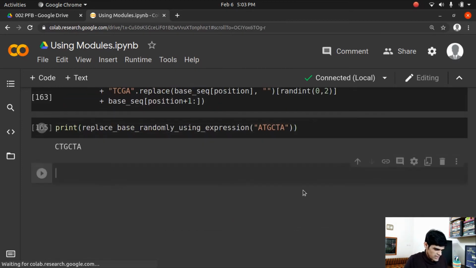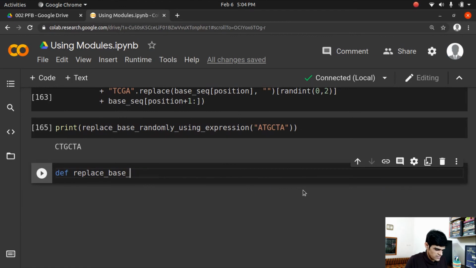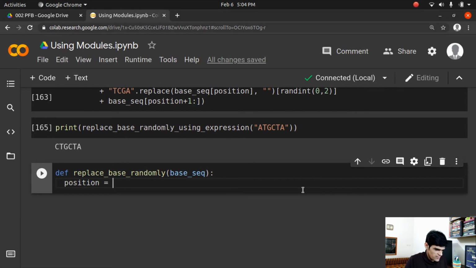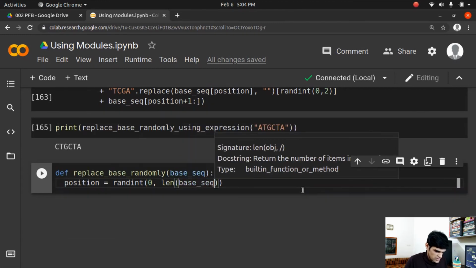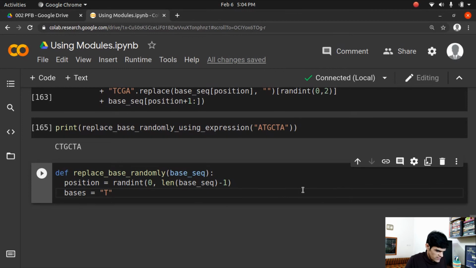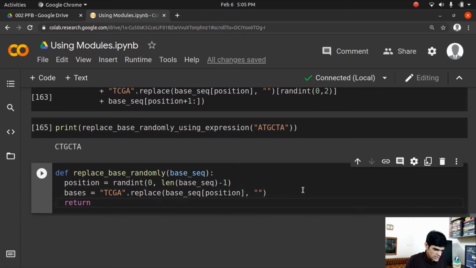Let's make a new cell and define replace base randomly with base sequence. So position is going to be the same, rand int, and then it's going to be 0 till length of base sequence - 1. We will keep the empty string over here, TCGA dot replace, and then base sequence position with an empty string. And what we will be returning over here is